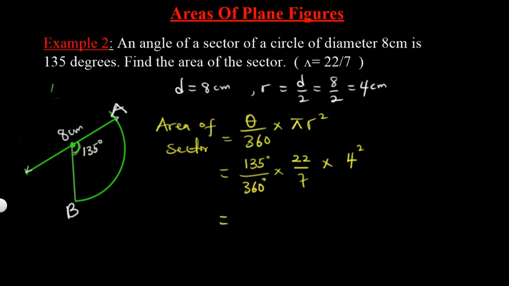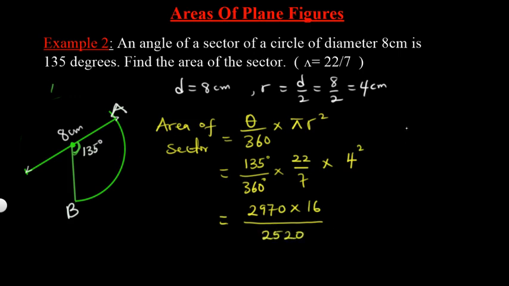So if we do this, it is very easy for us to just say we multiply this 135 by 22. That gives us 2970. Then we multiply by the square of 4, which is 16, all divided by, when we multiply 360 by 7, that's